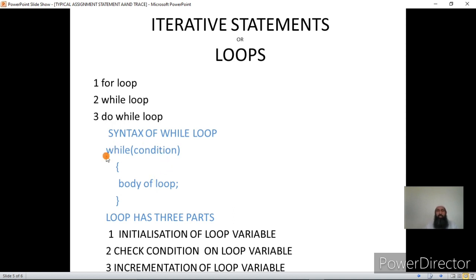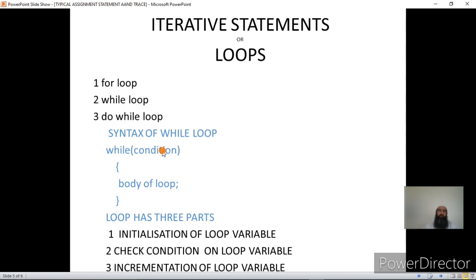Now this loop will execute till the condition is true. Otherwise, if the condition never gets false, the loop will always execute, and such loops are called infinite loops. They don't terminate. Now in order to make the loop terminate, there should be a condition, and that condition should be formulated in such a way that it becomes false. So right now we remember while loop executes till the condition is true.